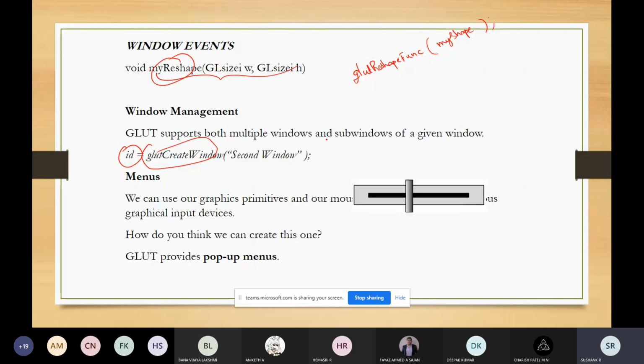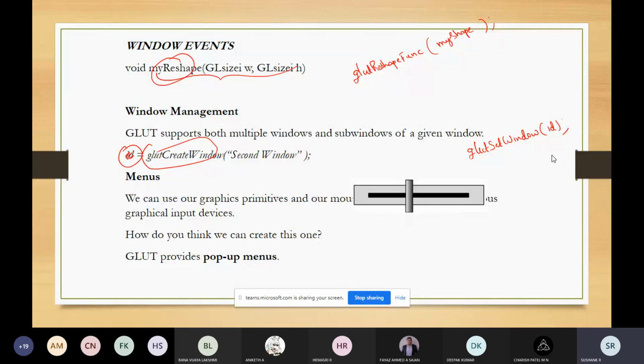How? By using the glutSetWindow function and passing this ID as the parameter, you can make the window with that ID the current window.